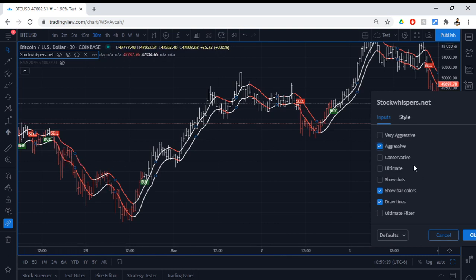They match up with the aggressive indicator. So when the bars go white, the bars change color, and aggressive gives you a buy. So having the bar colors and the aggressive doesn't make sense. It's the same thing. You don't need that. You don't need to show bar colors. You can just have that, and if you want to use the aggressive indicator, then what happens here is